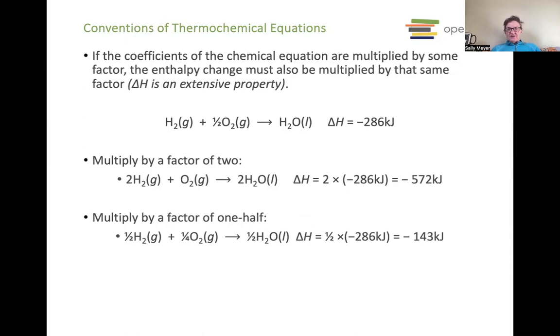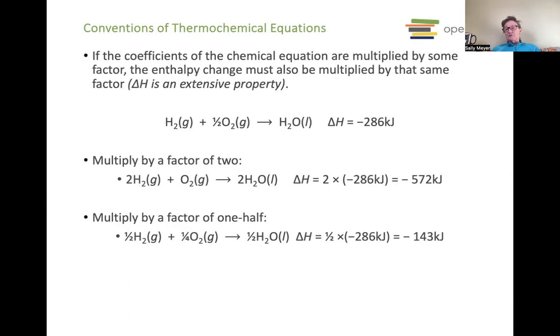And then we want to think about the coefficients as we go through this process. The quantity of a reaction is going to determine how much heat's released or absorbed. If in the first balanced thermochemical equation it's 1 mole with 1/2 mole, and it releases 286, if I just balance that equation by multiplying it by 2, then I'm going to get twice as much heat release.